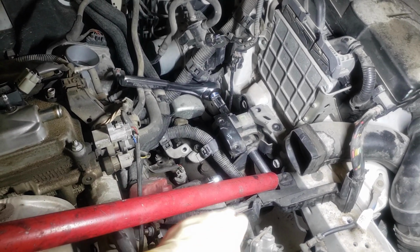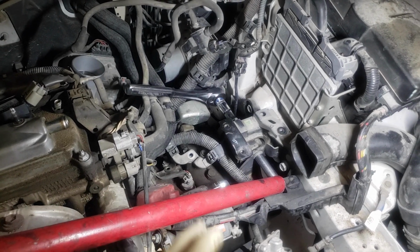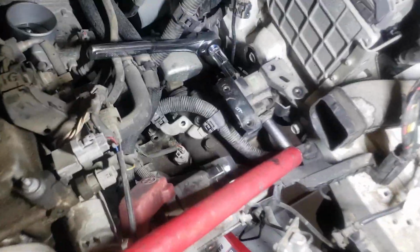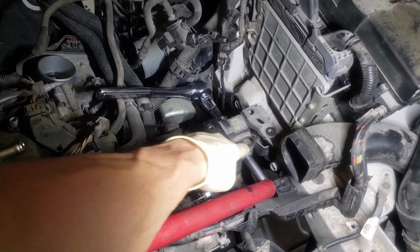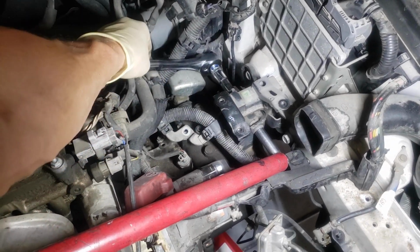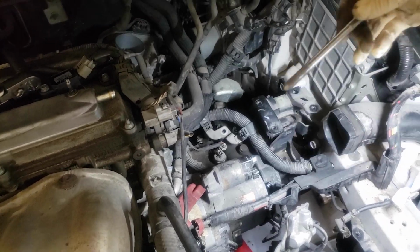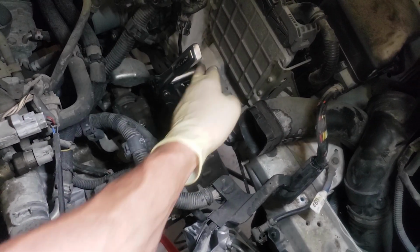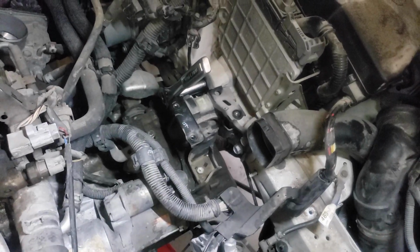Here's what I got. I got a jack on the underside of the trans with a piece of wood. And I have my breaker bar. It's a 14mm on this top mount right here, and there's a 14 on the back to keep it from spinning. Take out 1, 2, 3, 4 19mm, and then we're going to slowly lower the trans and get ready to